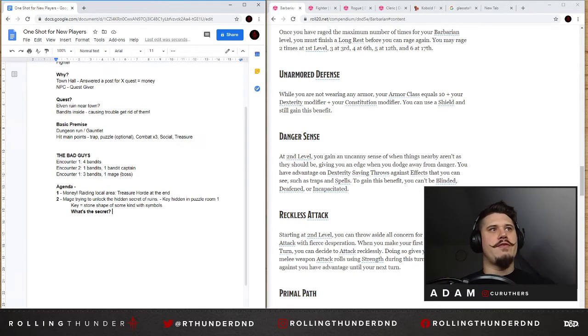So let's flesh out the gang. Who's the gang? So we've got the mage at the top. What can the mage be? This is when we really do need to get into, I don't know, we don't really date in Roll20. So the mage can be a